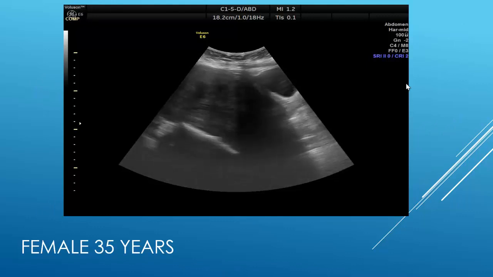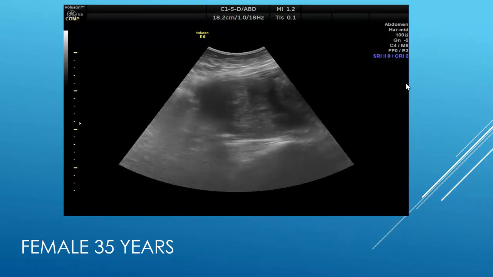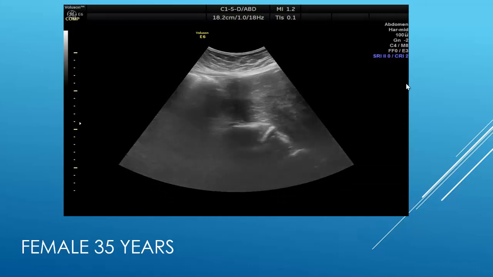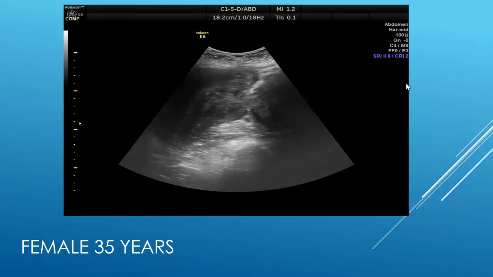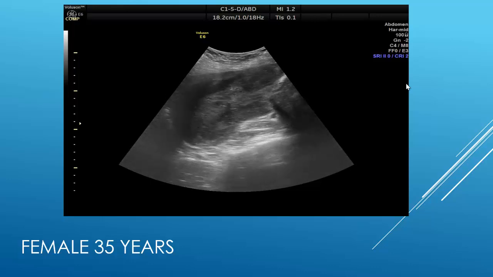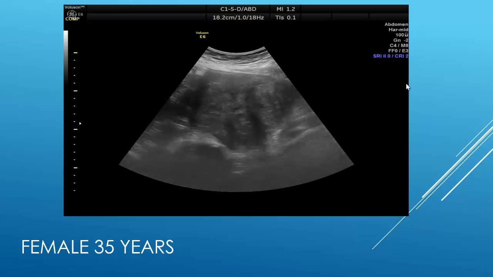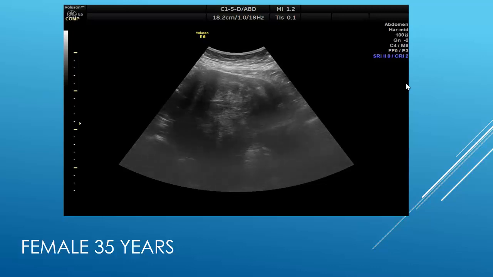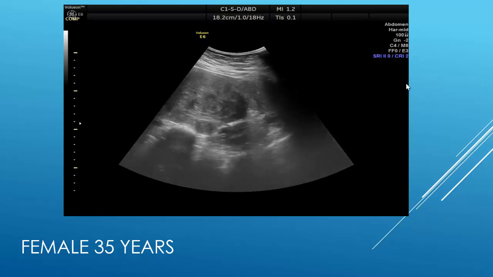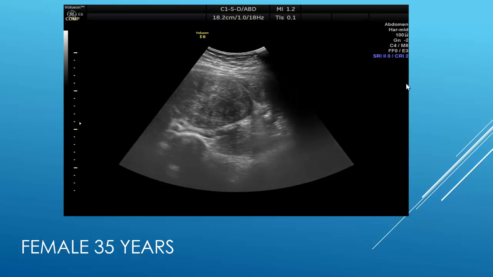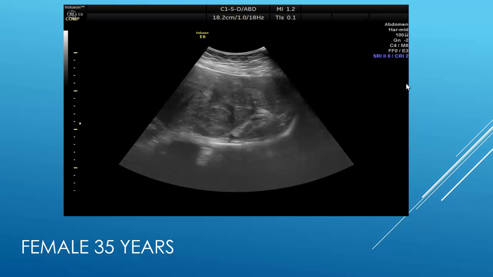What about this case? She's a 35-year-old female coming with abdominal enlargement and no other symptoms. She has no bleeding, just abdominal enlargement. What could be the differential diagnosis of this case? Markedly enlarged uterus, heterogeneous myometrium,